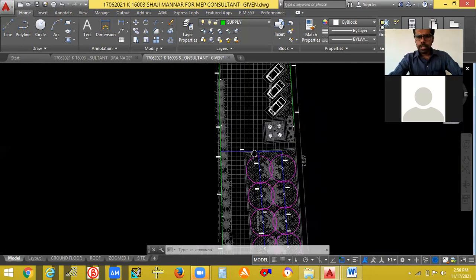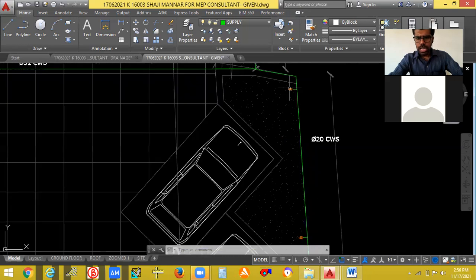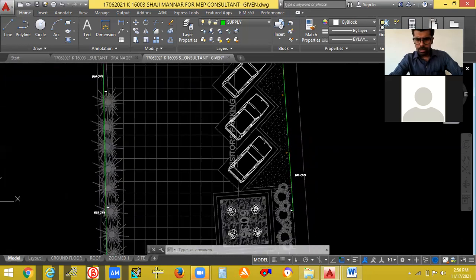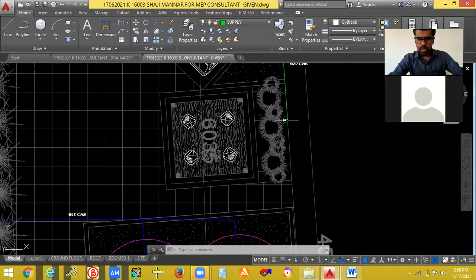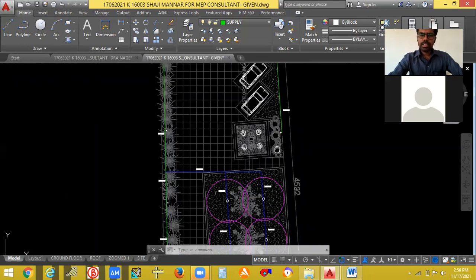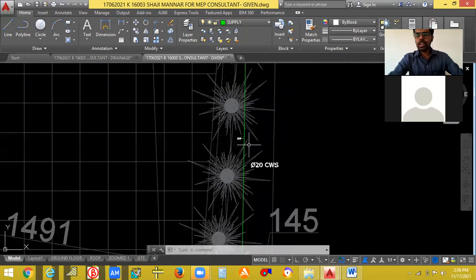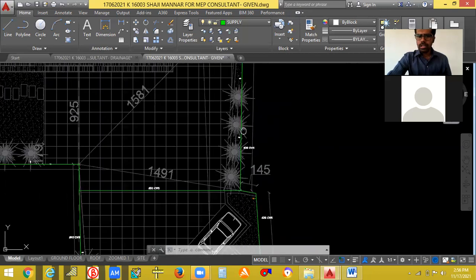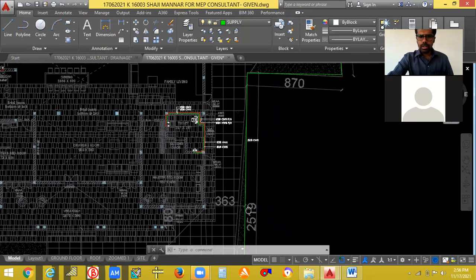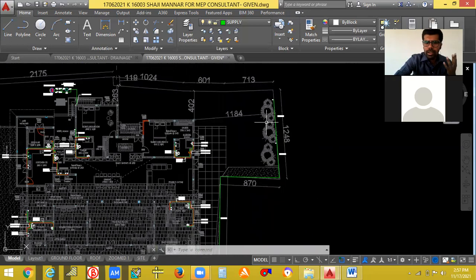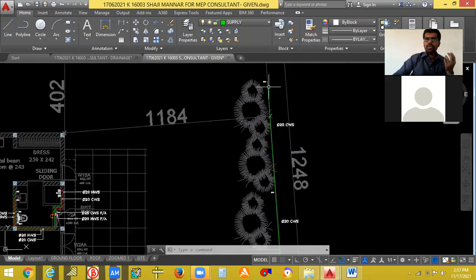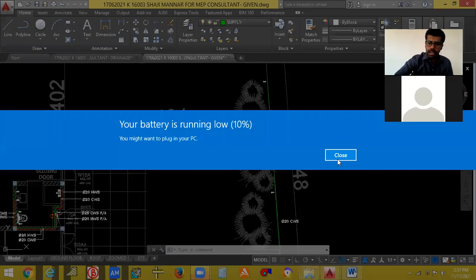So wherever you need, see, this is the car parking. So I have given 2 or 3 taps here, 1 tap here, 2 taps here, 3 taps here, 1 pipe connection for watering this area. Okay, I have given only the points. If they need, they will be putting a tap or a water facility. Wherever there are plants, I have just given points. They have already told me that wherever there is a garden or an area where you need to give water, just give water facilities there. That's why I have given that.